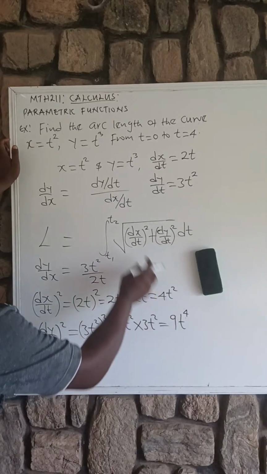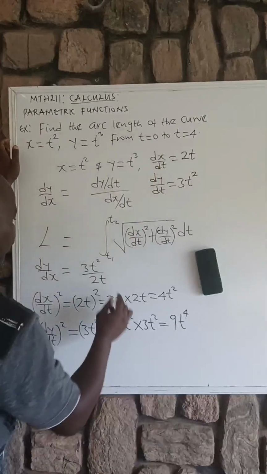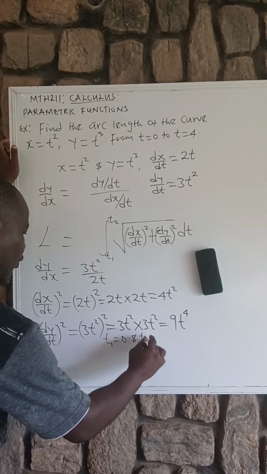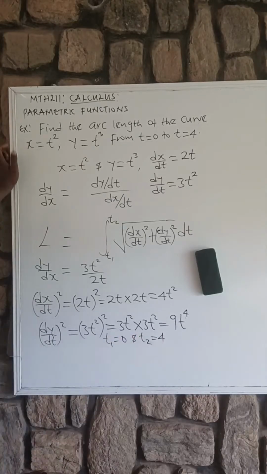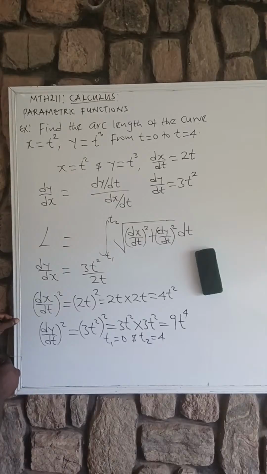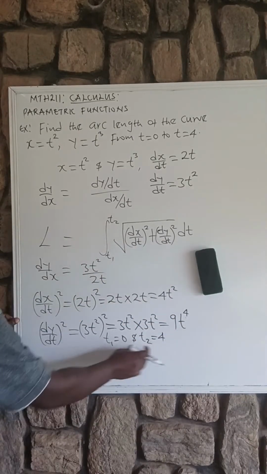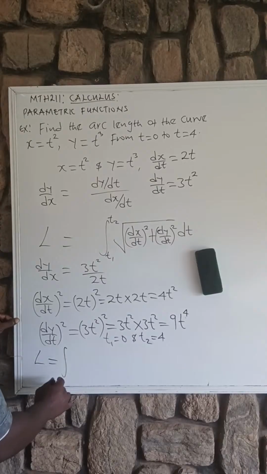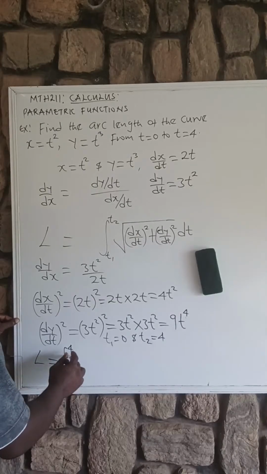we have to substitute in. Then our t1 to t2 is what? t1 is given as 0 and t2 is given as what? 4, right? Okay. So if you can see what I am saying, we now substitute this into this integral. So the arc length is the integral from 0 to 4, right? Then open bracket